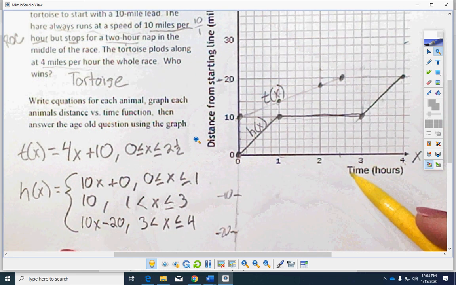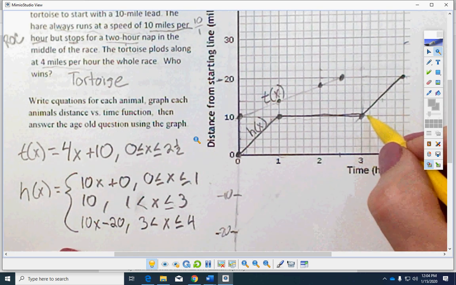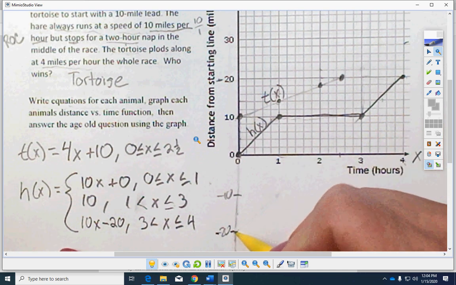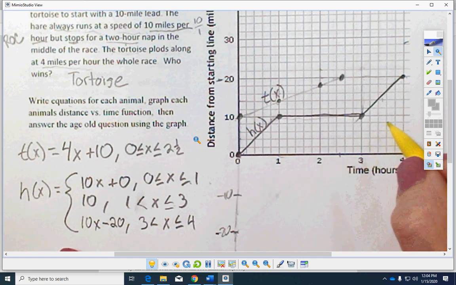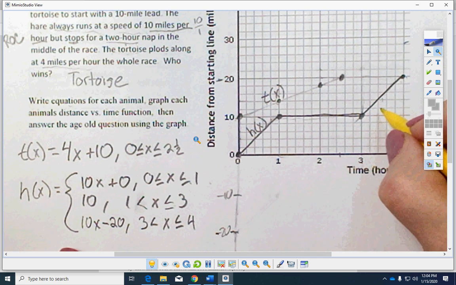But this is where I want to try and teach you about some shifts. Sometimes it's just too difficult to find where it's going to hit the y-axis. This one wasn't too difficult, but sometimes it is. I want to show you that you can use shifts. The shift works just like it does with the absolute value. So if I were to write this piece using a shift,